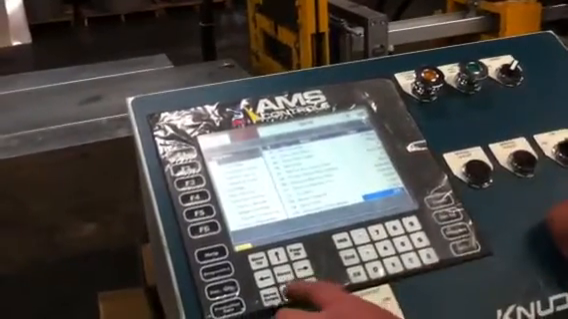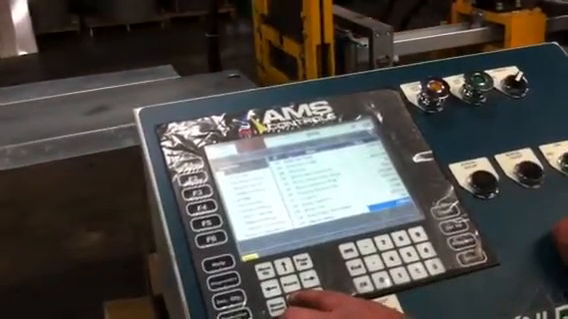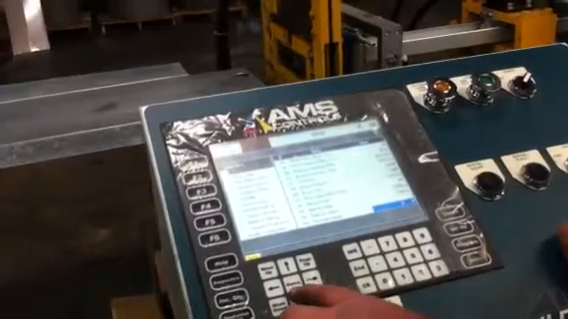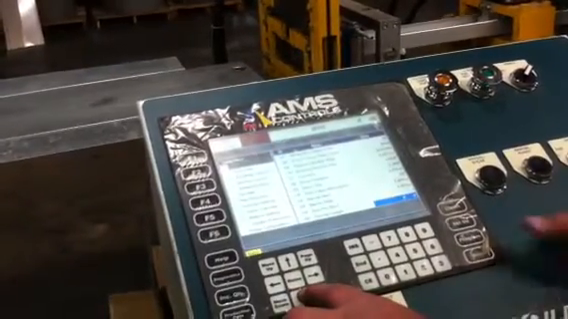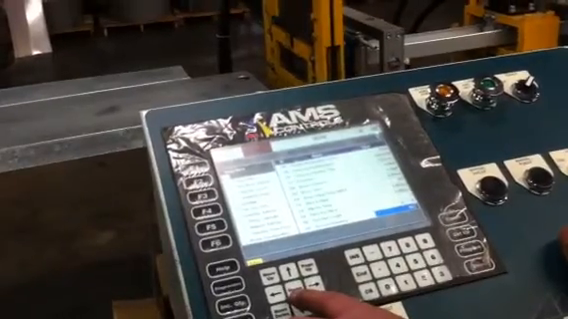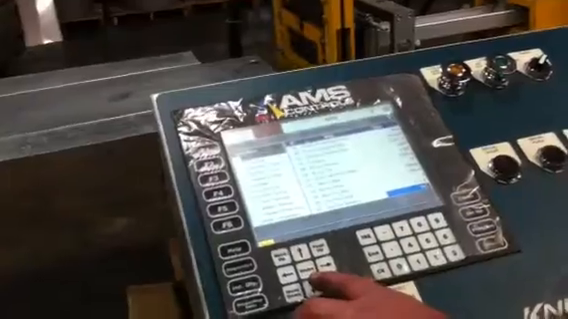Slow output, we don't have the 1-speed. Stacker dwell, we don't have a stacker on it. Part per stack. Test part length, normally I don't put that in there, it's not real necessary. Coil inventory, again, if you're using it from the